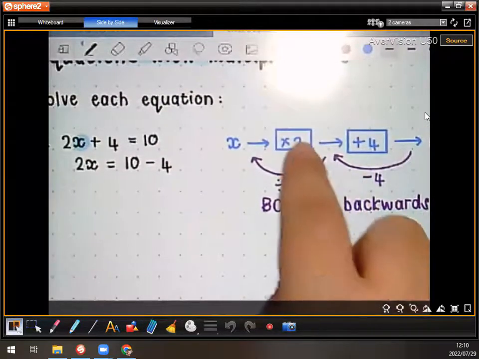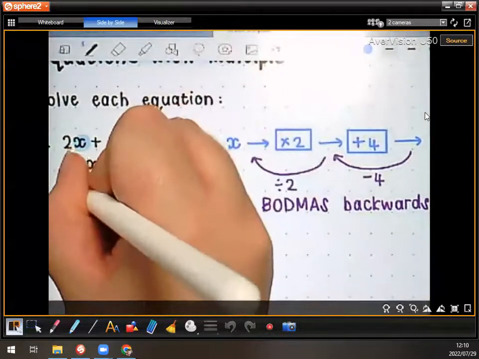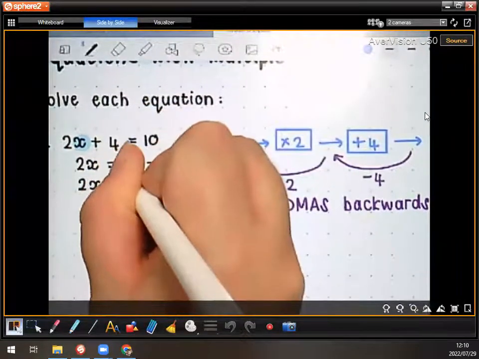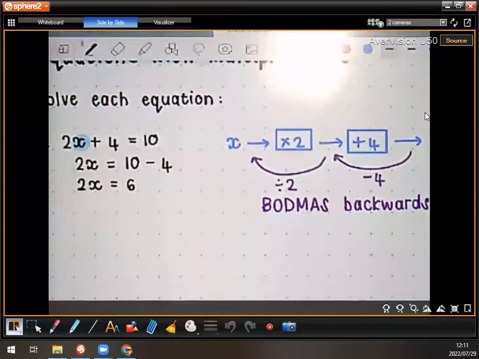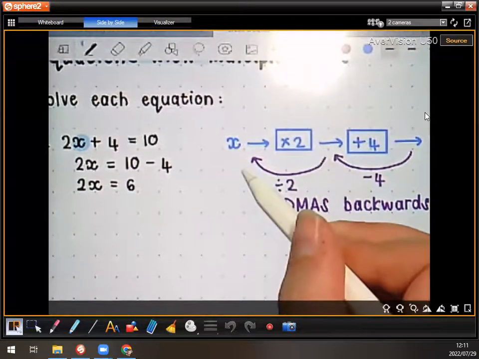We're doing the first backward jump on the flow diagram. What is 10 minus 4? 6. So 2x is actually equal to 6. You can't write x equals 6, guys. X is not 6. Okay, you have to take 2. Now, what's the next jump? What am I doing? What's the opposite of multiplying by 2? I am